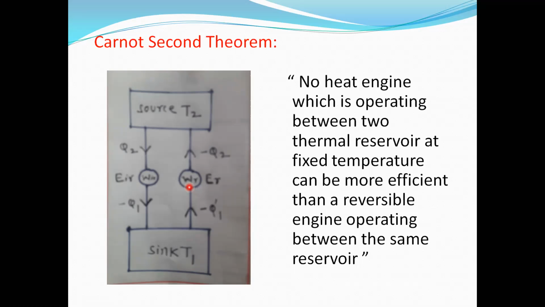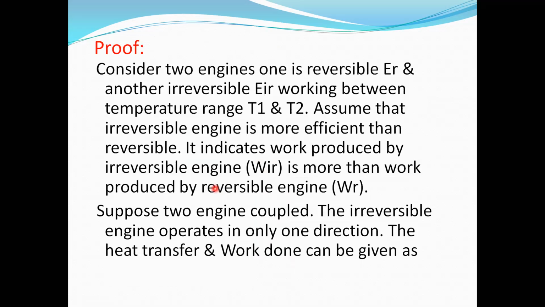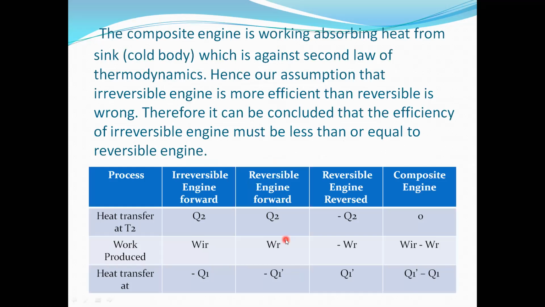Now suppose or assume that an irreversible engine is more efficient than a reversible engine. ऐसा हमने कंसिडर किया कि irreversible engine is more efficient than reversible. Then work produced by the irreversible engine must be greater than the reversible engine. And if the two engines are coupled, then the irreversible engine operates in only one direction, that is forward direction. We have seen in the table the heat transfer and work done can be given as. So this is the heat transfer, work produced is given as. And hence finally the composite engine is working